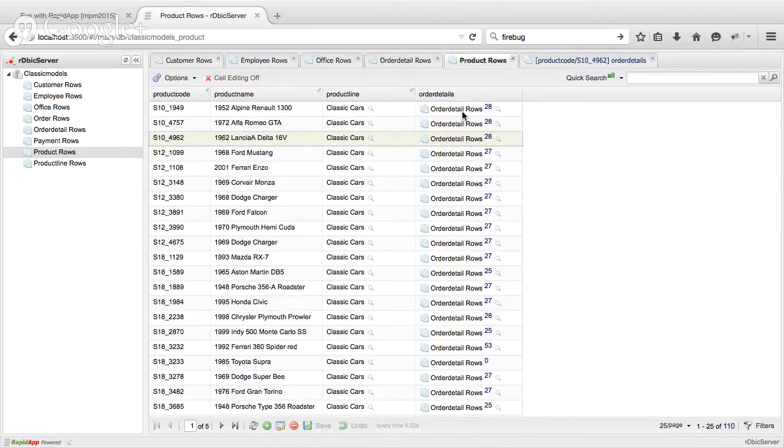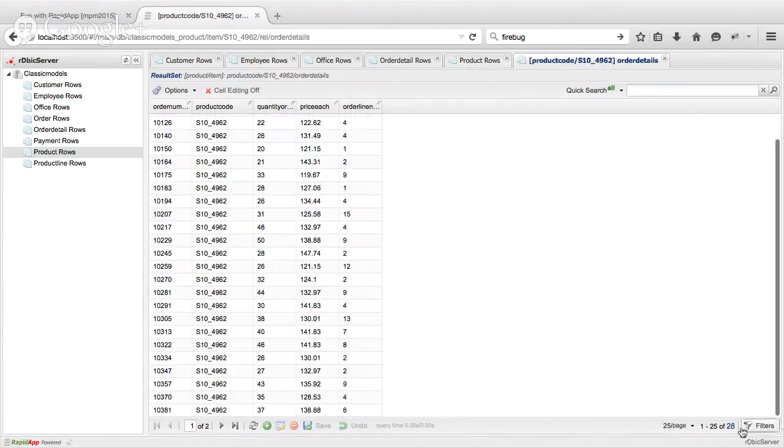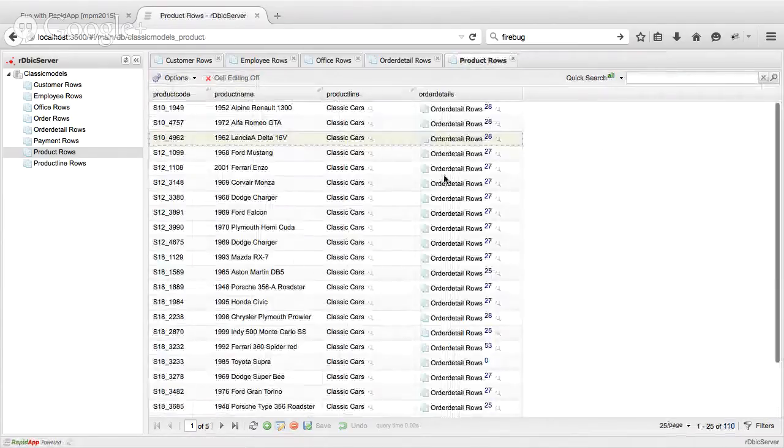This is purely virtual, but we represent it as a column. So we are able to show here that this particular row, the 1962 Lancia Delta 16V, has 28 orders that then point to it. And we represent these multi-relationships as a count with a link to then open it, so we can then go and see those exact 28 options. And also